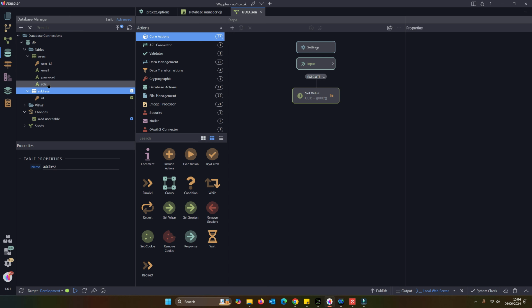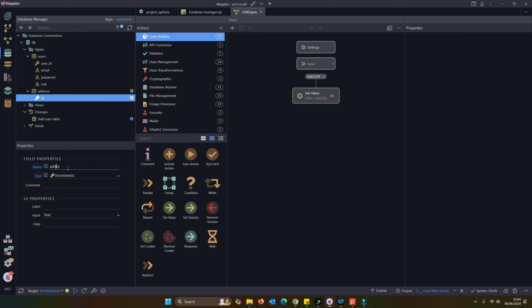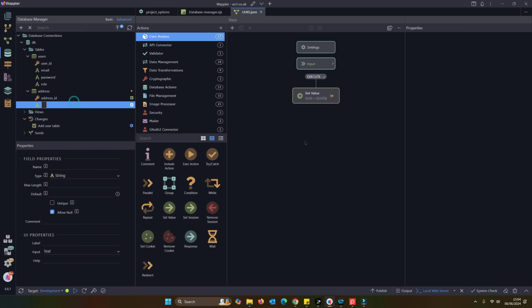Now, we could create this as a subtable. In fact, I probably would in reality, but I'm not dealing with subtables in this particular video. That's in the following video about subtables and multi-references. So we've got address, ID. I'm just going to put it all into one text field, address, and now, of course, I want to make a reference